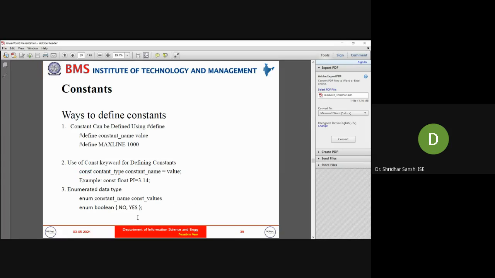Here is an example. const is the keyword for defining a constant, and then the constant type, whether it can be an integer, float, character, or string, right? This is the type. And this is how you need to define the variable. We can also initialize the variable, or just declare it. So this is pi equal to 3.14.